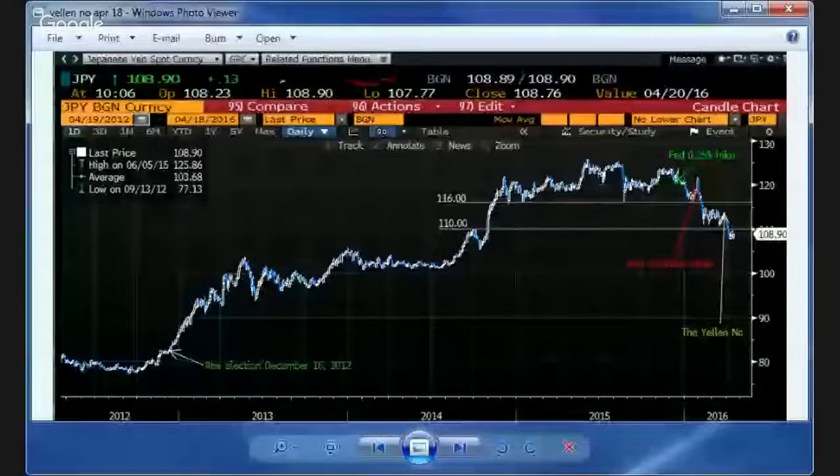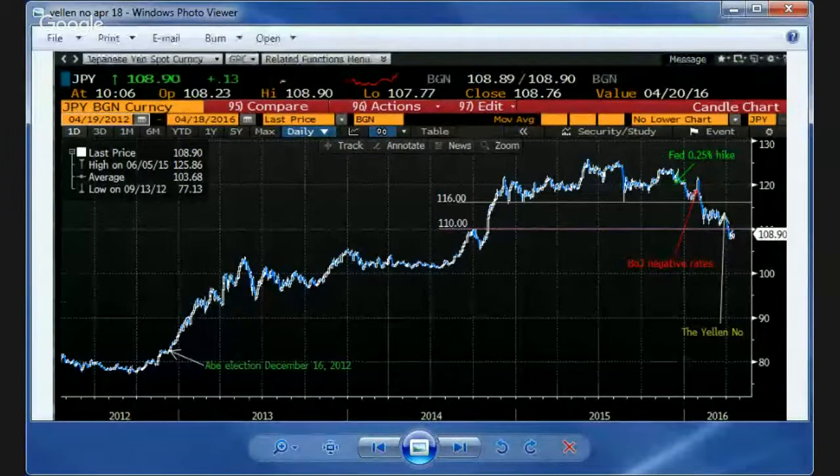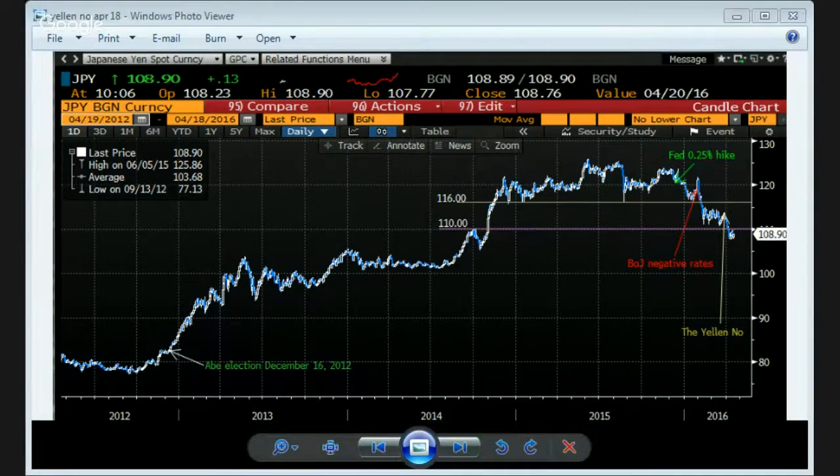Okay, now what else do we have here? Let's take a look at another one, a much closer one. Okay, here we go. So this is the recent history of Japan. The yen in 2012 was there and had stayed down at that level approximately since the financial crash. Let's take a look at this one here. Let me take another one.